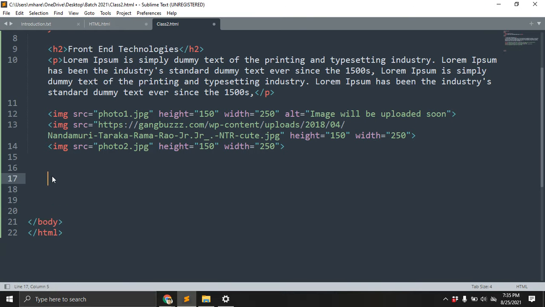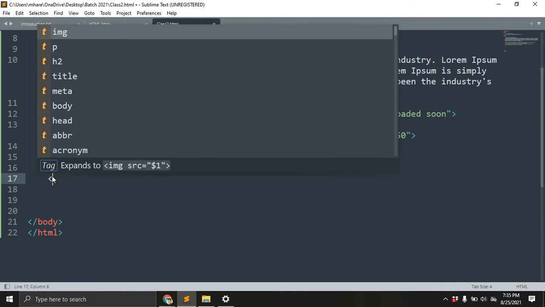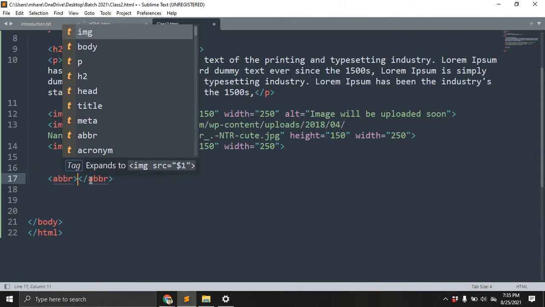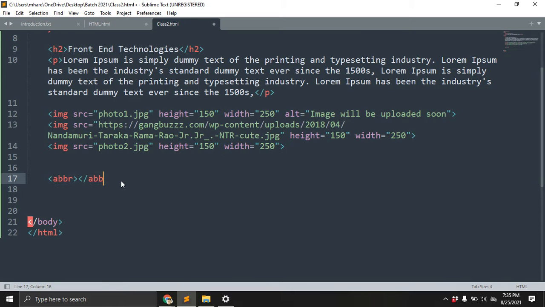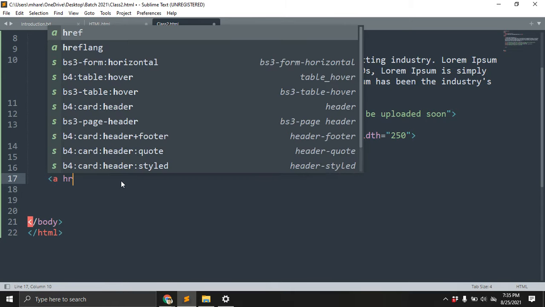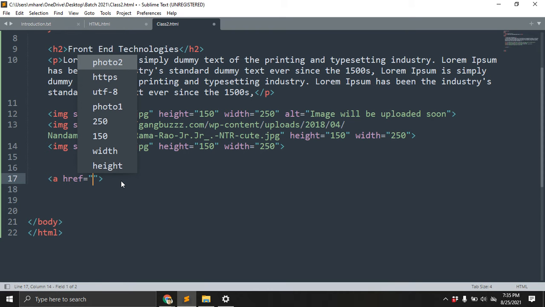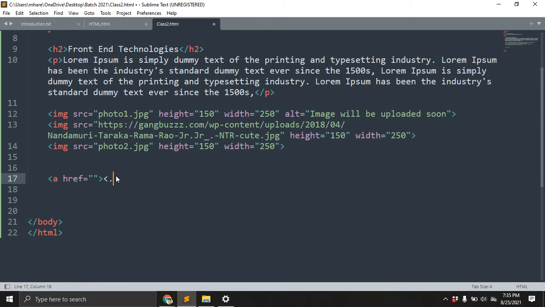I'm giving the anchor tag, less than a, and enter. You just need to give a. A href, this is a link. There is an opening tag and there is a closing tag.